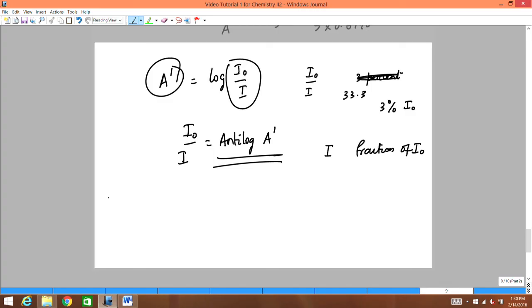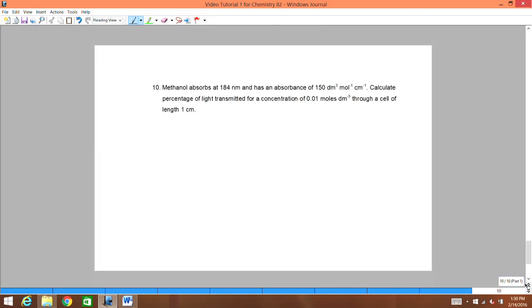Okay. So, this number will also be there in the text. The last problem is again on Beer-Lambert's law, and it talks about another compound, methanol, absorbing at a particular light wavelength, and it has an absorbance of 150 dm cube per mole per centimeter. So, absorbance A is given by epsilon times concentration times length L. Epsilon is given as 150 dm cube per mole,